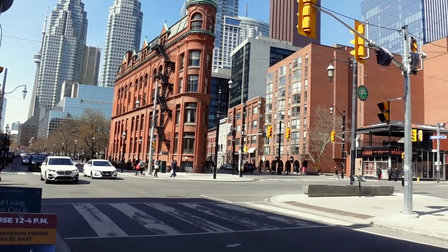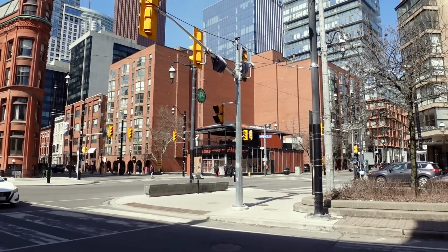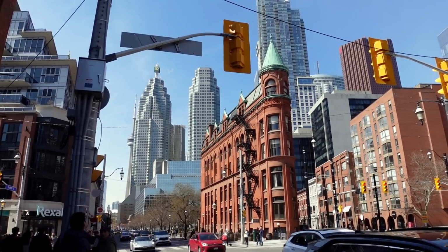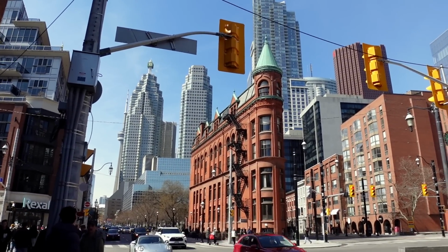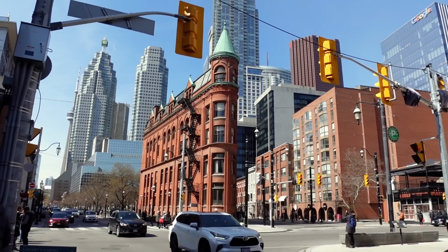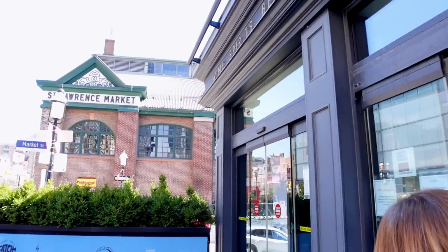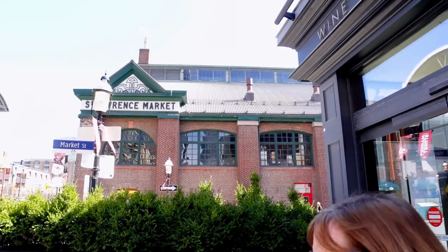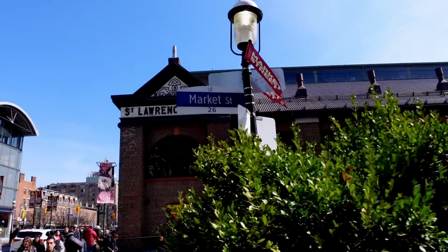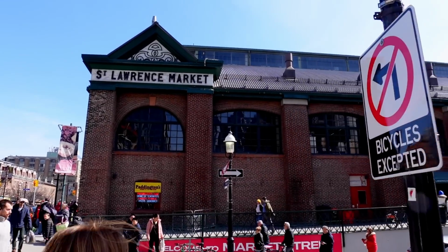And it is at the intersection of, this is Church Street right here. There you go, and the skyline behind, CN Tower. We're just poking around the corner up there of the TD Bank building. Quite a skyline Toronto has. Interesting little skinny building. The destination is coming into sight. Look up top there. We are on Market Street. Specifically, we are at the St. Lawrence Market. And the St. Lawrence Market,